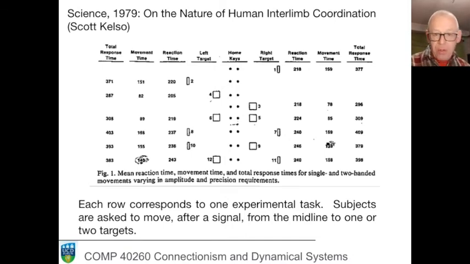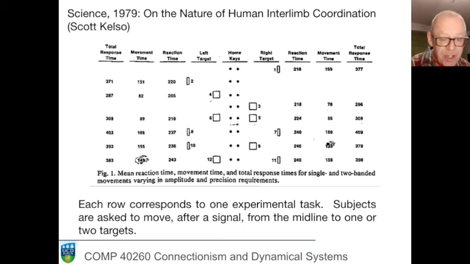Does it matter if we move two hands at the same time? Well, lines 5 and 6 show you moving to, first of all, the nearby easy targets, and the answer is again 80 milliseconds. And then moving two fingers to the distant small targets, and the answer is again 160 milliseconds. This is the invariance. Whether it's one hand or two, on the right or on the left, the easy targets take 80 milliseconds and the distant targets take twice that, 160 milliseconds.